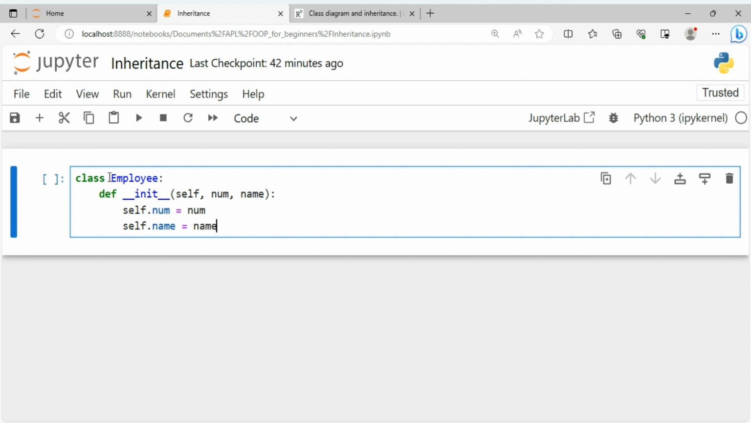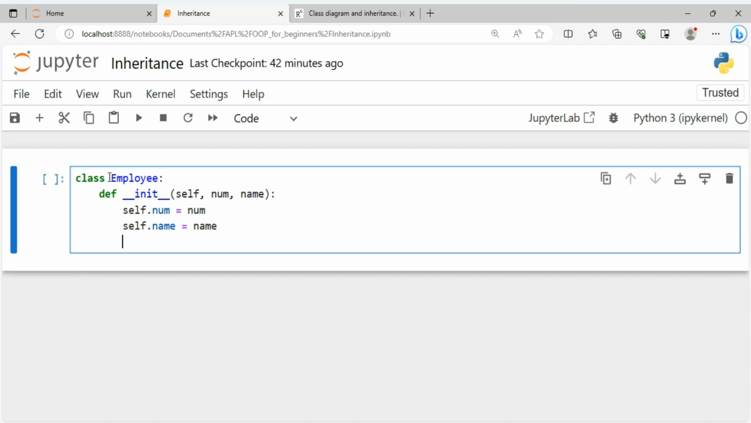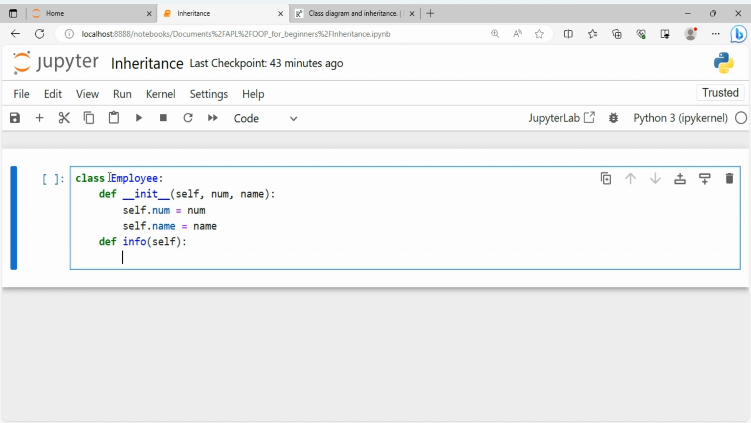Okay. So this constructor is defined, and we are also defining another method, info method, in the parent class employee, and we'll write info. This method will take the parameter self, and in the body of info method we are going to print the instance variables, f string